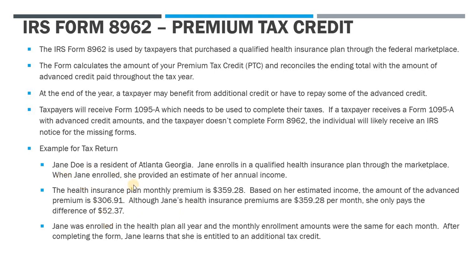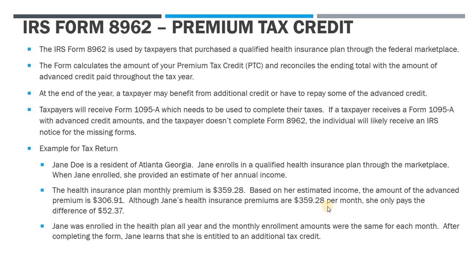So in our example here, we have Jane Doe. She's a resident of Atlanta. She's a single filing taxpayer, no dependents. And Jane enrolls in a qualified health insurance plan through the marketplace. When Jane enrolled, she provided an estimate of what she thought her income was going to be. Now, this is important because this is what factors into the advanced premium credit. So the health insurance plan that she purchased, the monthly premium, so the gross amount that she should have been paying or otherwise would be paying is